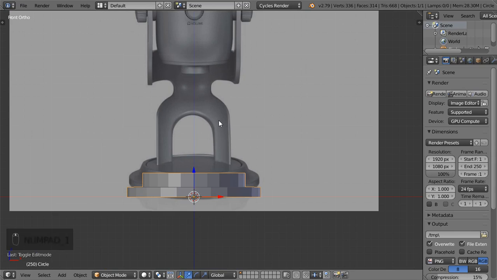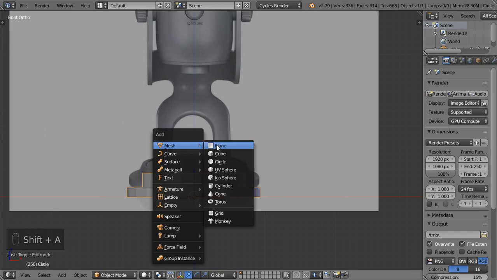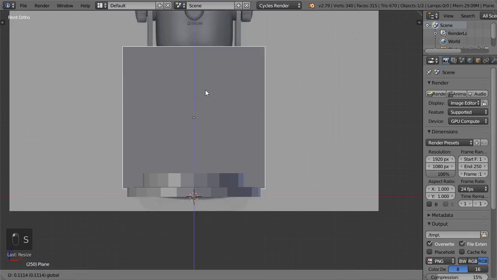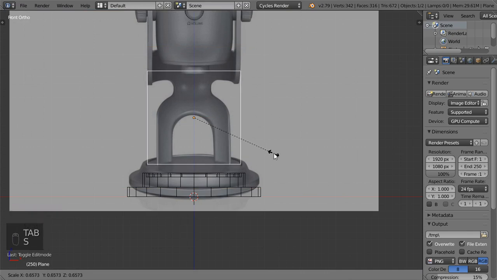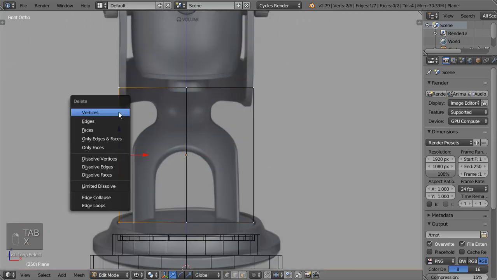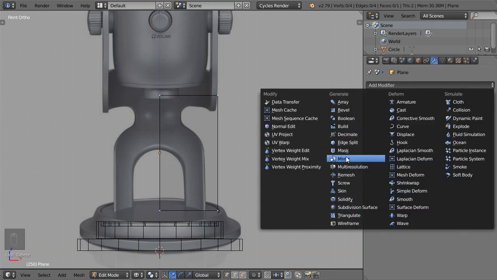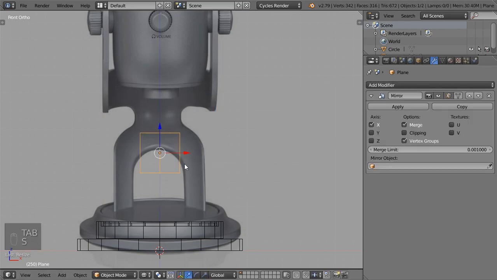The next part, which is this part. So we can benefit from the mirror modifier, and now let's add a plane and rotate in X to see if we can, like this, and let's start by removing this part, and the next step is we will go to the modifiers panel, and we can activate the mirror modifier like this. Scale all like this,